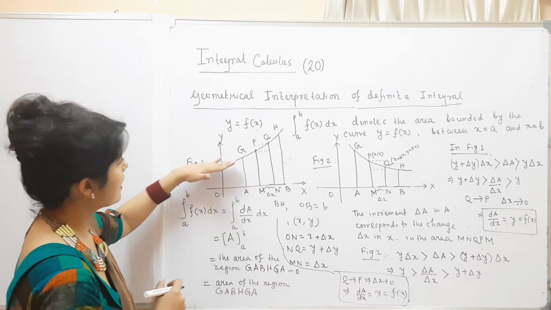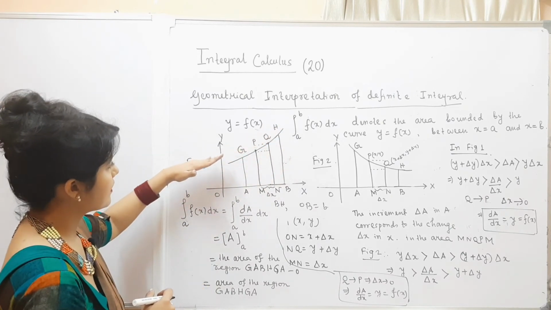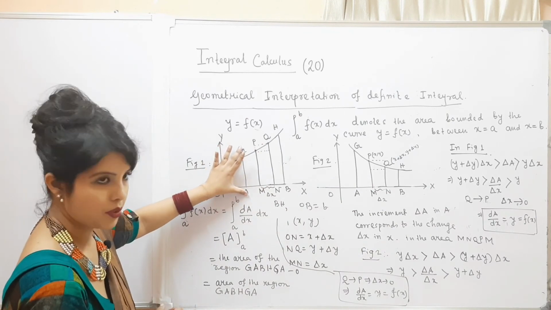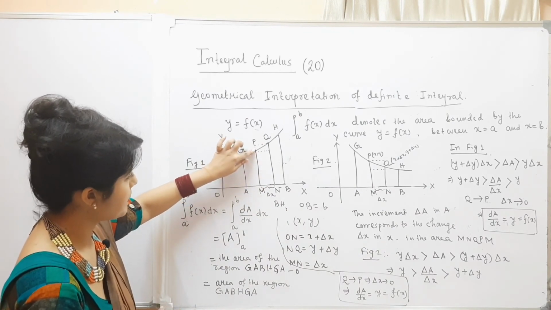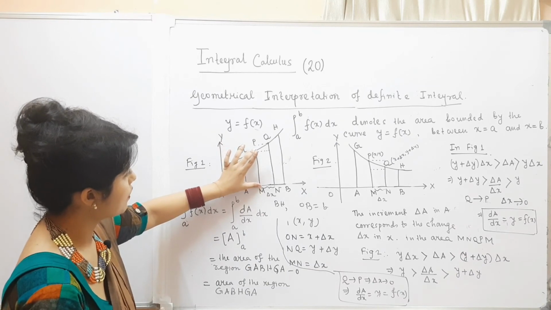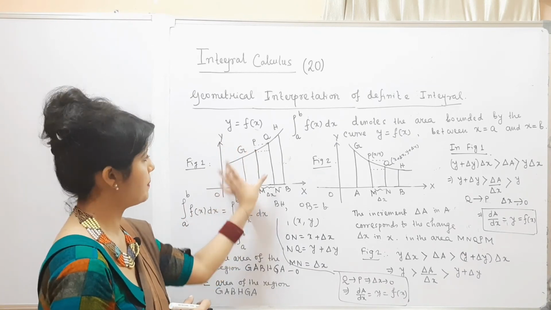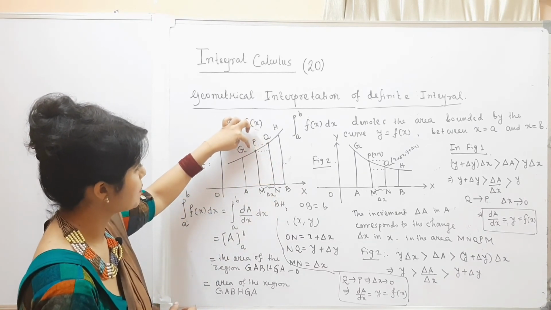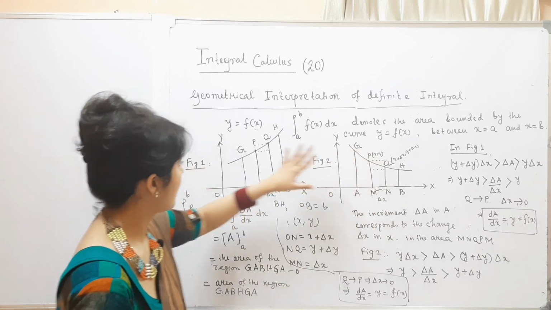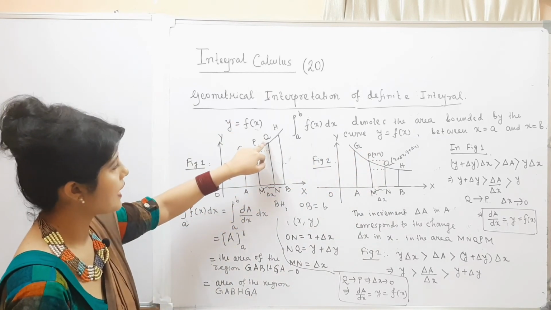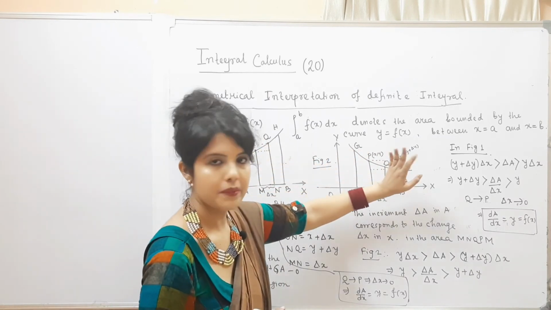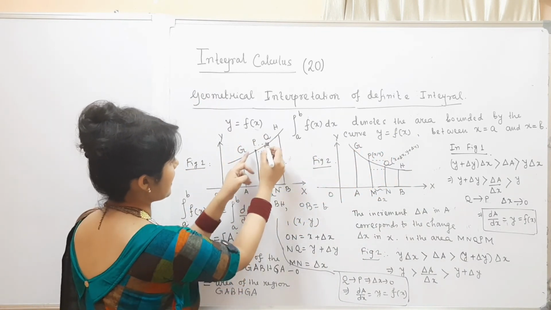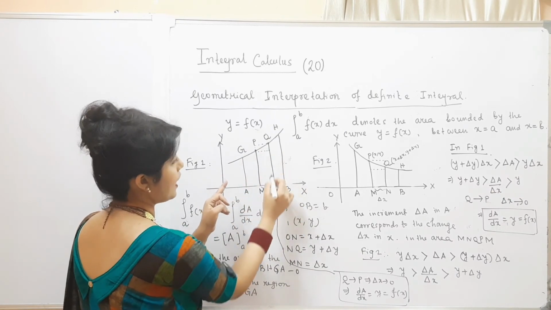Now what I am doing here, I have taken a curve that may be increasing or may be decreasing. So this portion is a fixed portion. Now I am taking a point P, and this is the y coordinate and this is the x coordinate for P, and then I have considered a point Q that is very close to P, and it is again on the curve. So it has the coordinates x plus delta x and y plus delta y. So now I am considering the area of this portion.